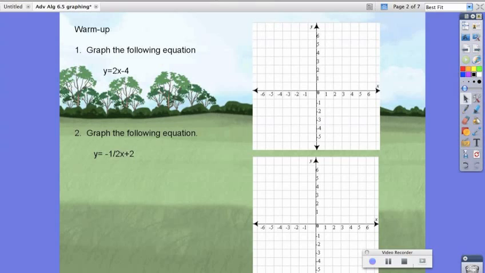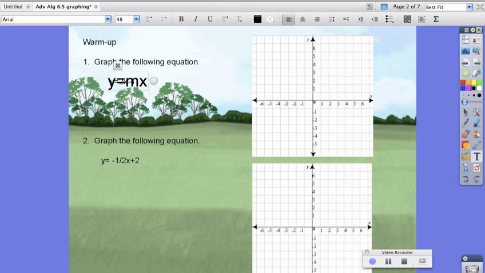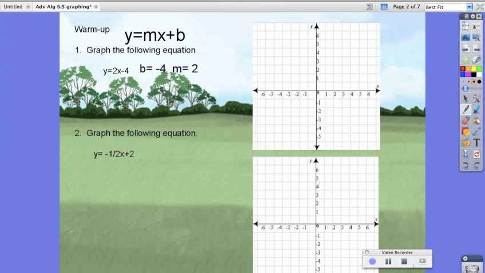So for number 1 we have y equals 2x minus 4. Now if you remember the slope-intercept formula, it's y equals mx plus b, where m is the slope and b is your y-intercept. So for number 1, we'll find out that our b is equal to negative 4 and our m is equal to 2. What this means is that our y-intercept is going to be at negative 4,